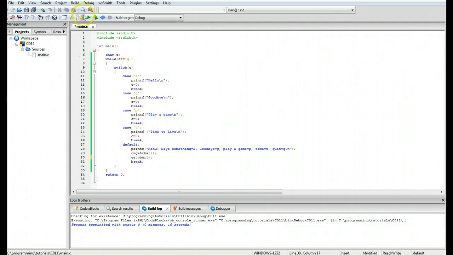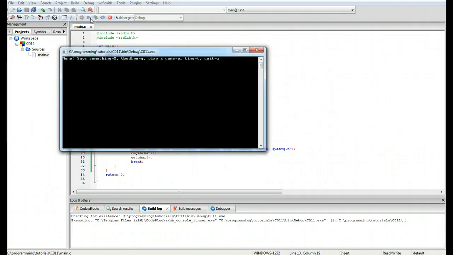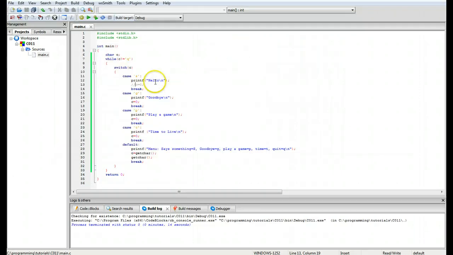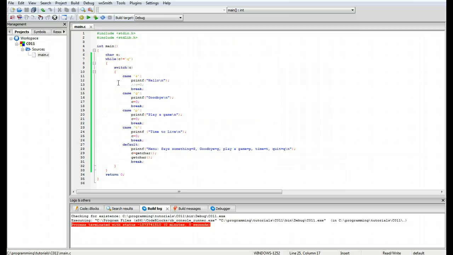All right, so we'll take that back, uncomment it, build it again. But before we go running, let's comment out the C equals 0, and we'll build, and I'll run that real quick. Okay, so now we have quit as far as all that. But if we hit T, which we commented out the thing, it says time to live, or did I rebuild it? Let's see. It was on S, sorry. I'll just do S and run it again. All right, so hit S, and it just keeps running hello, and we'll have to Control C to break from it